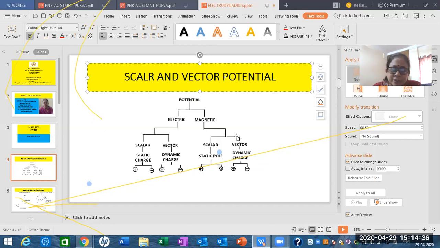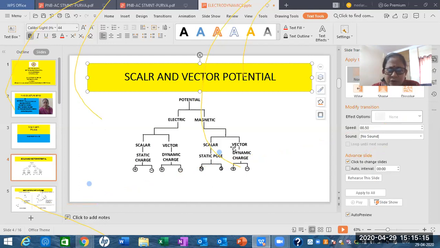Fine. So that is why for static pole, I will classify it into two types. One is north pole, another is south pole. The magnetic field produced by this static pole, I will classify as two types. That is, the north pole producing one type of magnetic potential and the other pole producing another type of magnetic potential. So that means there are two points in the magnetic field. One is at a higher magnetic potential, that is the north pole, and another one is the south pole, which is at a lower magnetic potential.